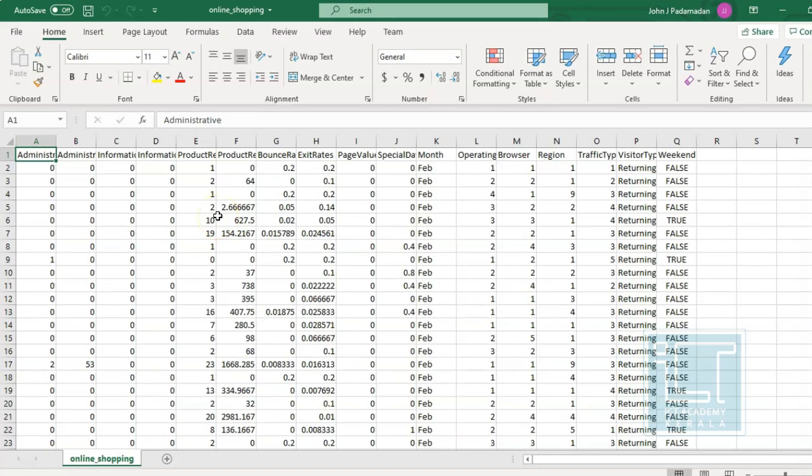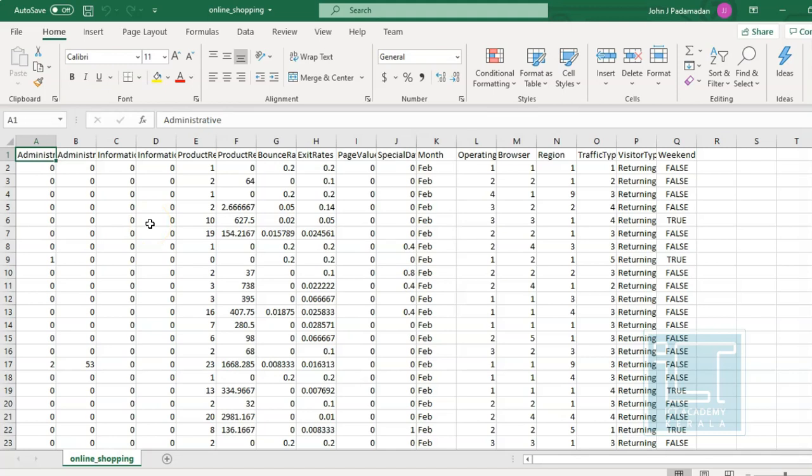In this video, we are going to discuss the dataset for our case study, and we have selected an e-commerce dataset. An online shopping company wants to increase their revenue. They have given us the data they have with them. These are the browsing data of different customers that have visited their website.